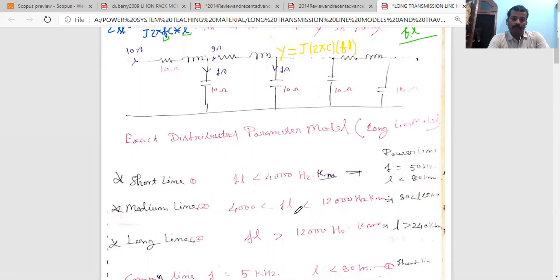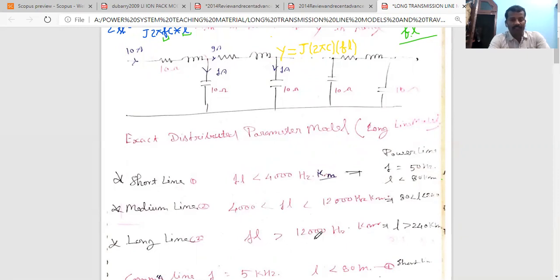And if the product lies between 4,000 and 12,000 Hertz kilometer, then it will be called a medium line. And if the FL product is greater than 12,000 Hertz kilometer, then it will be called a